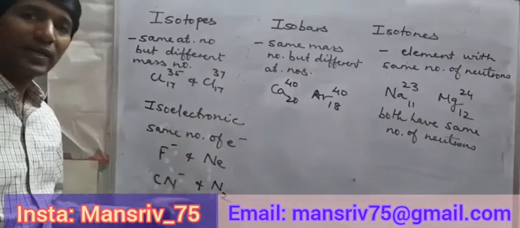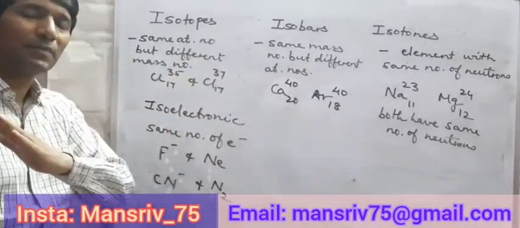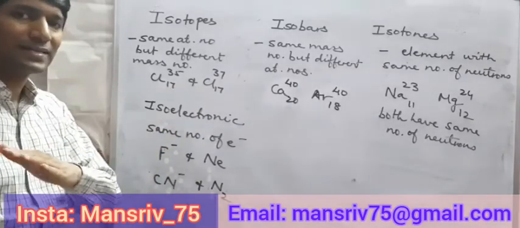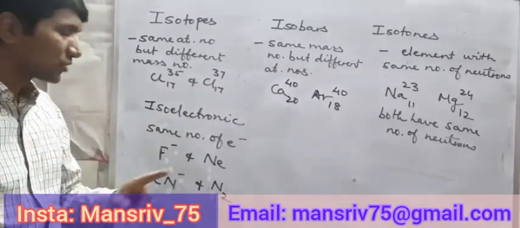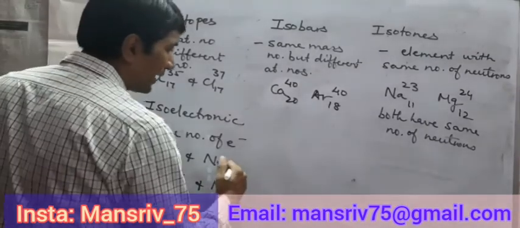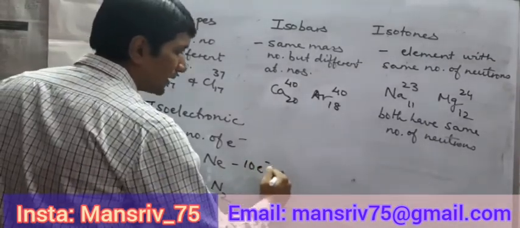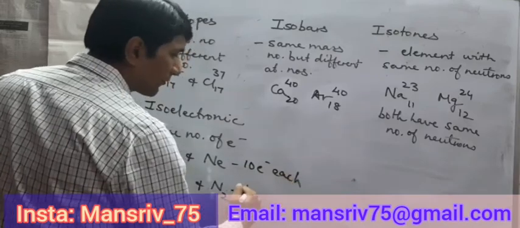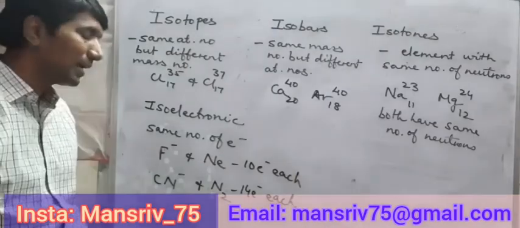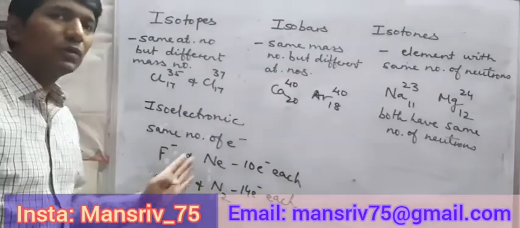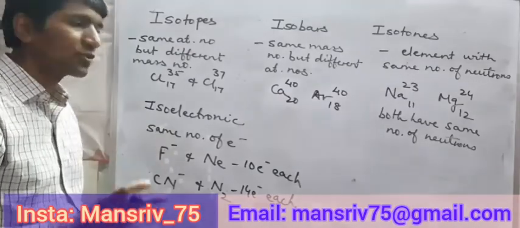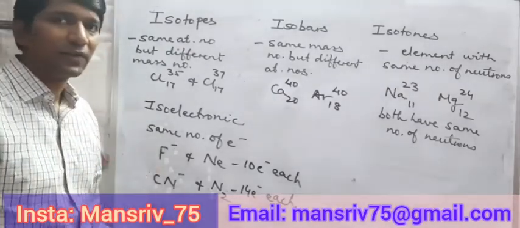So you may get questions, you may be given multiple species, and you will be asked out of the entire set which are isoelectronic. So you need to justify your answer with this. So like here we'll have to write 10 electrons each. Similarly, here we'll have to write 14 electrons each. So this is how you need to justify. I have given for 2 variables. You can get for 4 or 5 variables in the same question. So you need to understand, count and then go ahead with the answer.